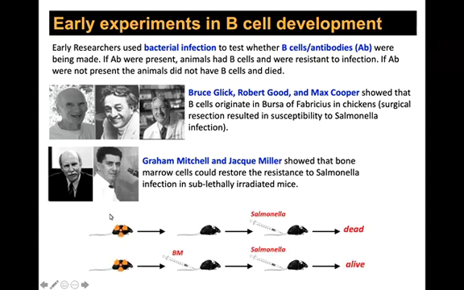They would take mice and irradiate them. Irradiation, as you probably know, for cancer patients, will kill all rapidly dividing cells. It induces so much DNA damage that those cells die off. And that's true for the bone marrow. And that was known at the time, that you could use irradiation to destroy the bone marrow. And so if you did that,